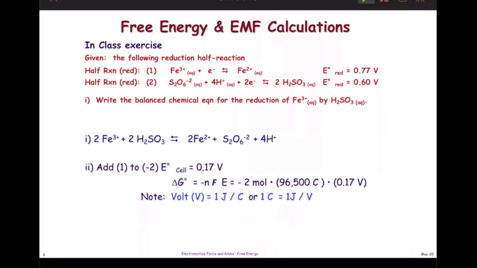Okay. In order to get this, you take 1 and then add it to the negative of 2. The negative of 2 is the reverse of this reaction. That's what I mean by adding it to 2, but the negative of 2 is flipping it over. Make sure you understand the difference between